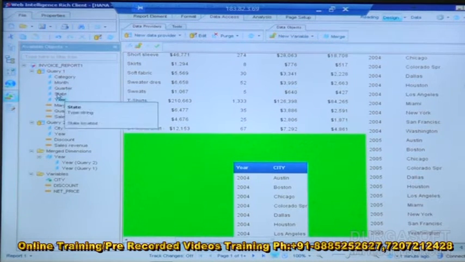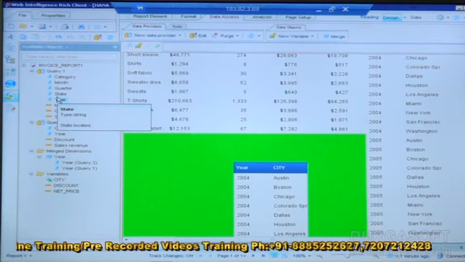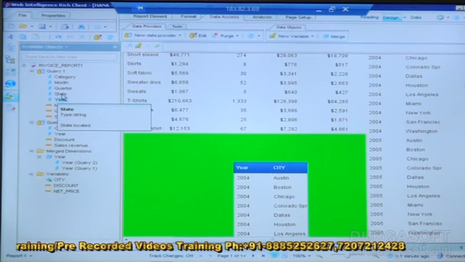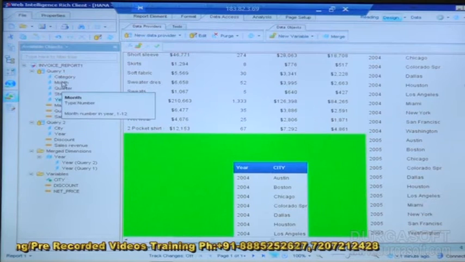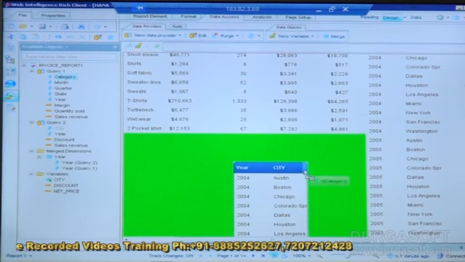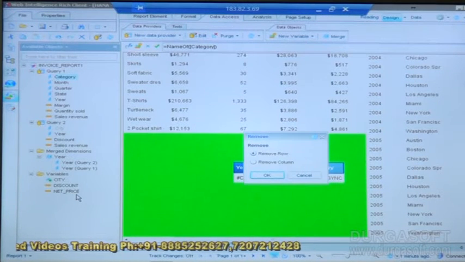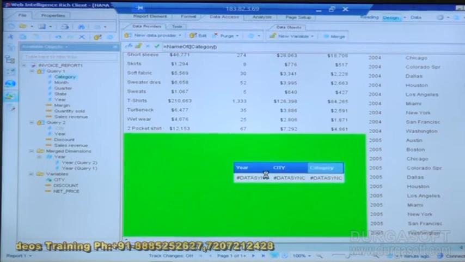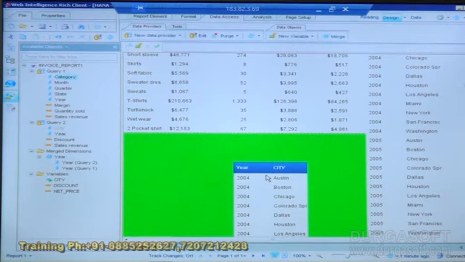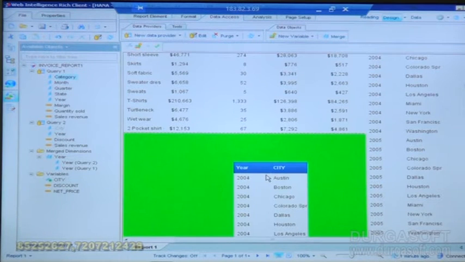Here the states are different because a state has multiple cities, so we can't make it. We have to do the group by. Then you will get it. If we use category for each and city, again the category has n number of values. So in order to do the city here we make a group by. Once you make a group by, it will get proper information of cities. So remember that we need to perform the group by so that we get proper information. I'll do it here.